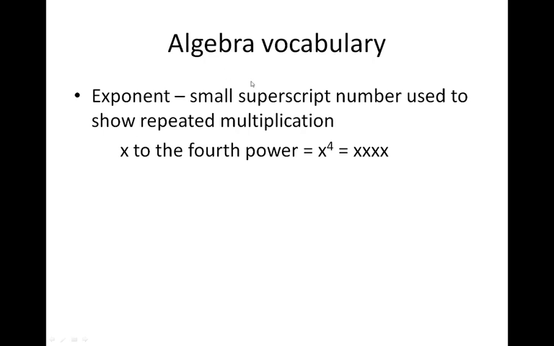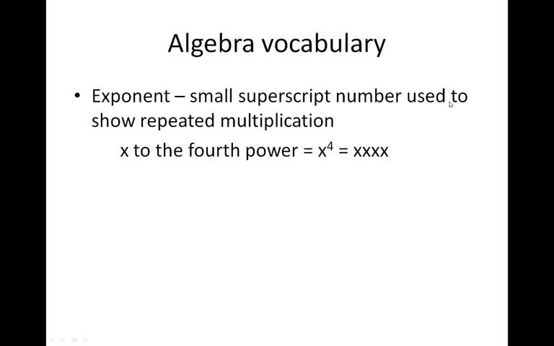All right, now, I told you earlier on, don't worry about that little number that's floating away here, right? That's because that little number is called an exponent. An exponent's a small superscript. That's what happens when it's above it. When it's floating away, it's superscript. When it's sinking, it's subscript. Okay, remember, Superman flying away, superscript. Submariner swimming in the ocean, he's sinking, right? Well, he doesn't sink, he just swims. But anyway,